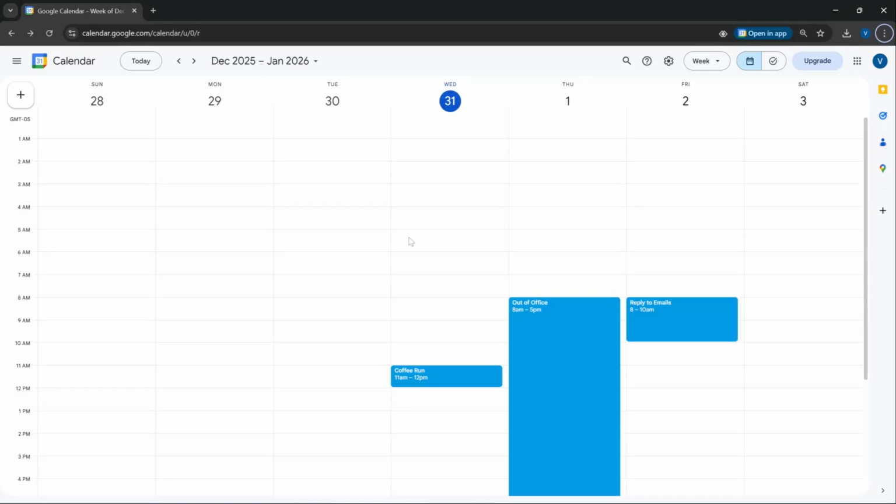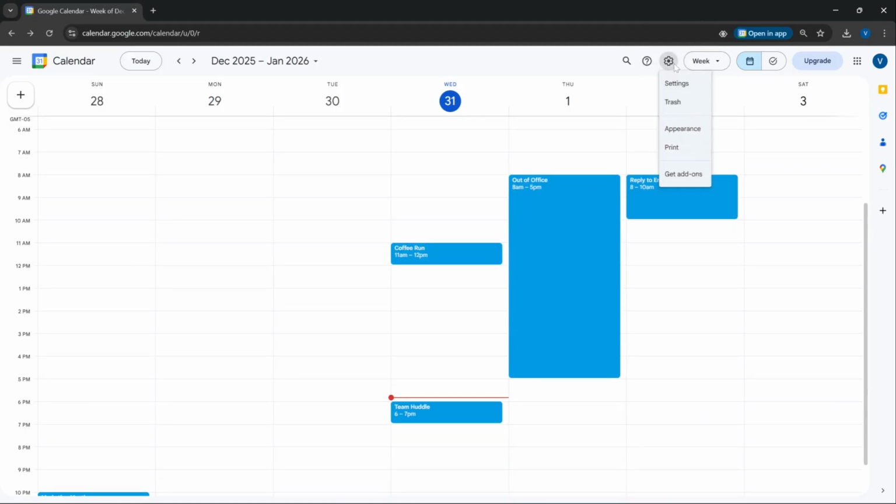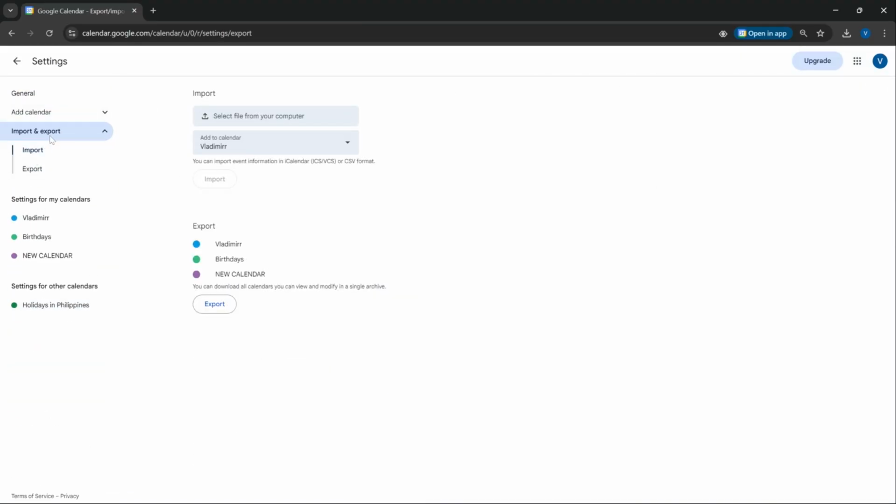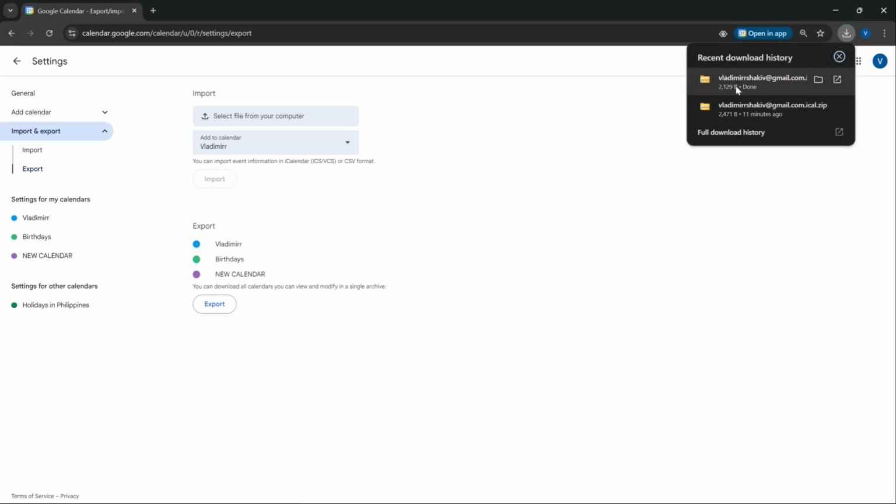Hey guys, in this video I'm going to show you how to export Google Calendar to Excel. Alright, now I am in a Google Calendar right now and I'm going to go ahead and export this by clicking the gear icon or settings here, and we're going to head over to import or export and then export, and there you go. So we're going to go ahead and click the export button right here, and there goes